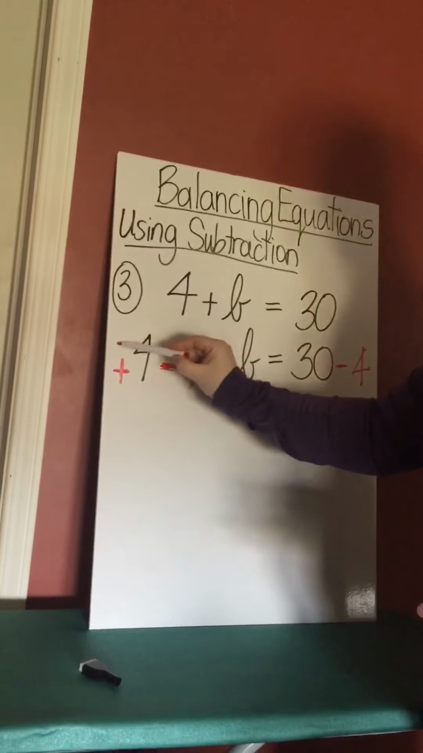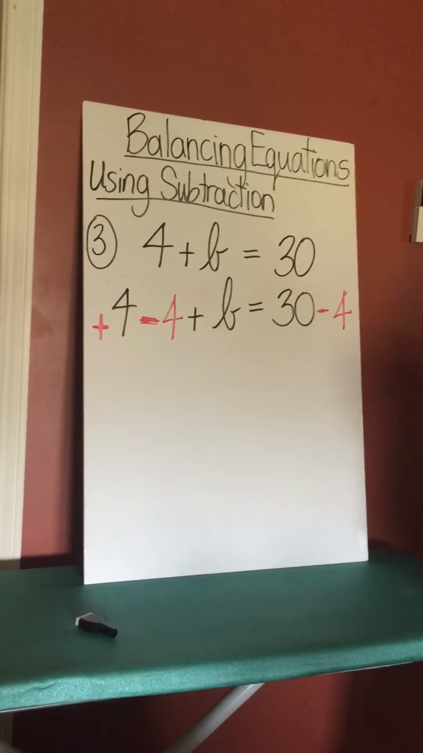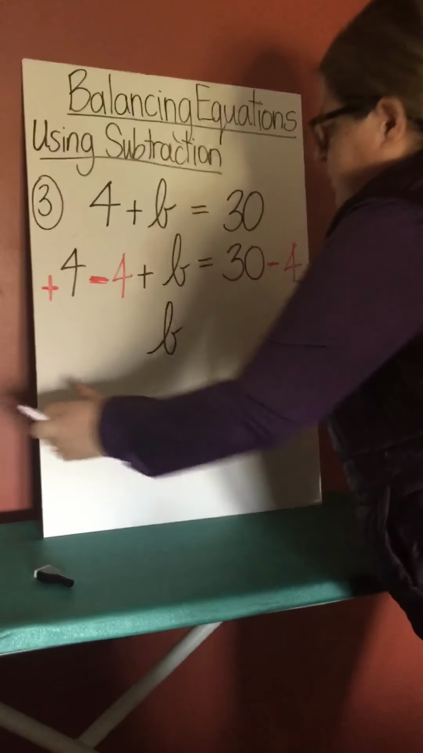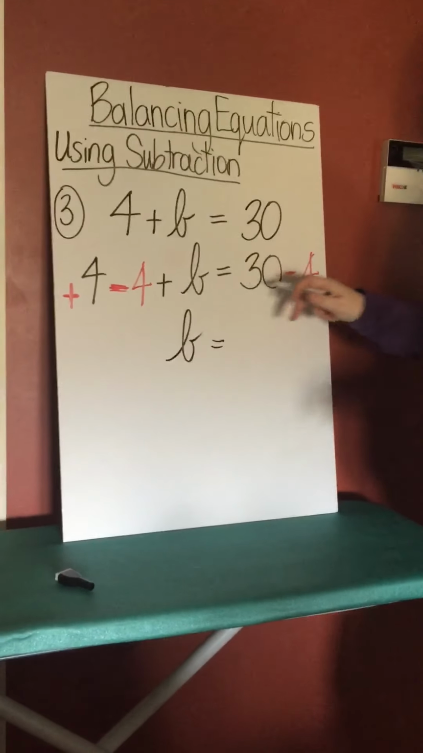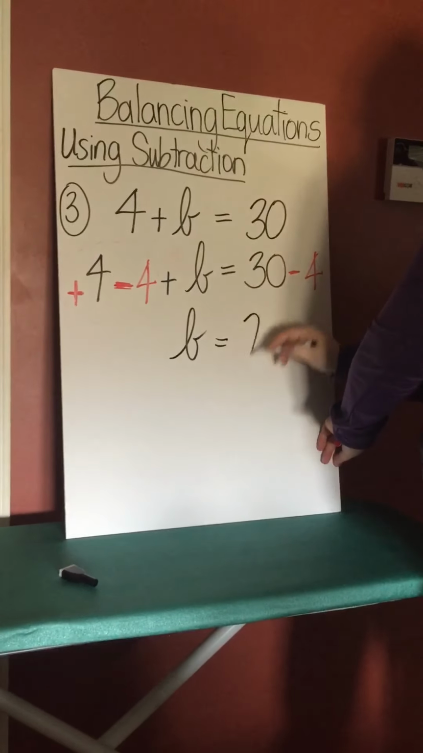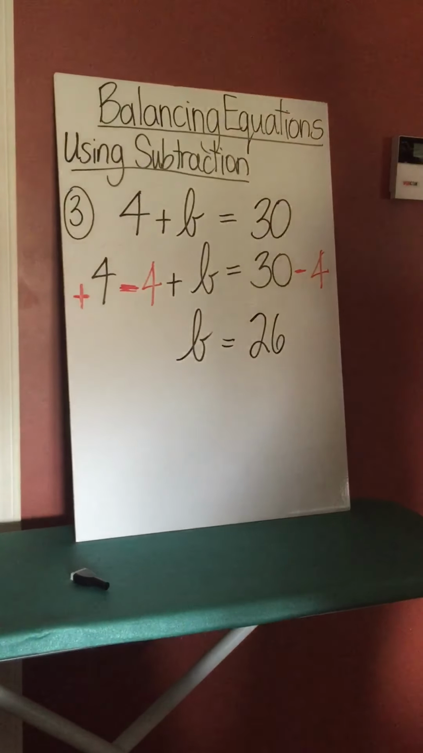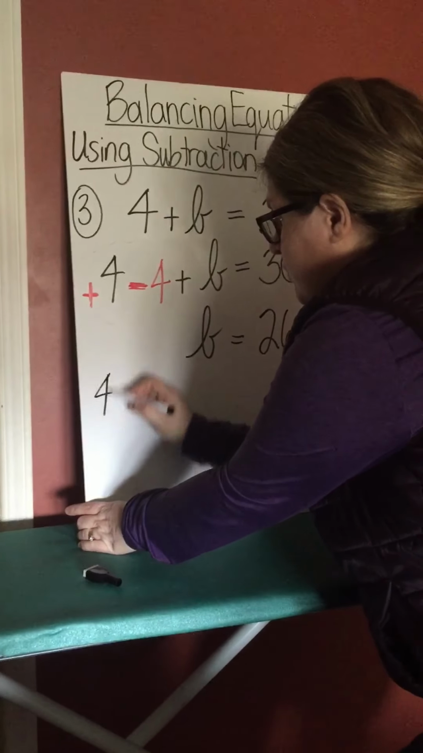That will make sure that positive 4 take away 4 will disappear. And so on the left-hand side of the equation, we will only have b. And on the right-hand side of the equation, we have 30 take away 4, which gives us 26. I'll do one more of these sorts of questions. Number 4,